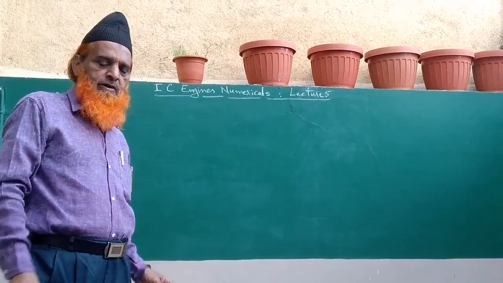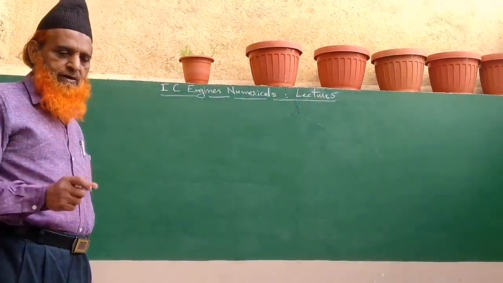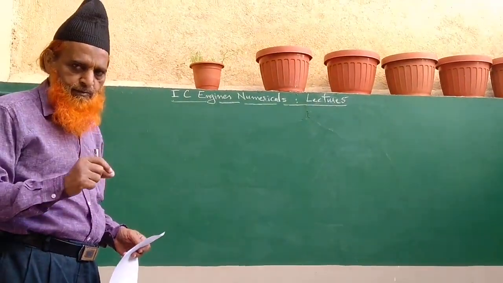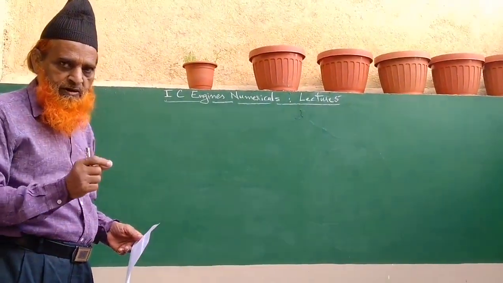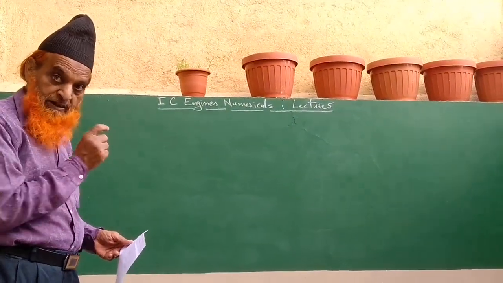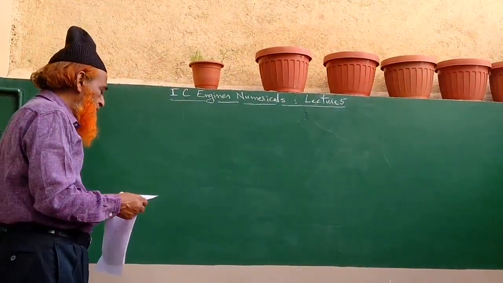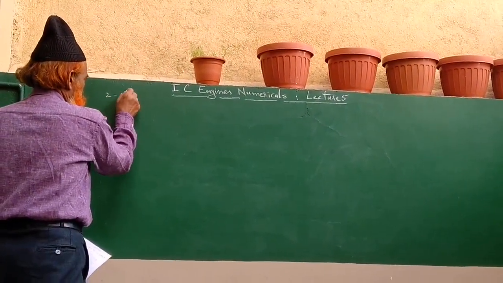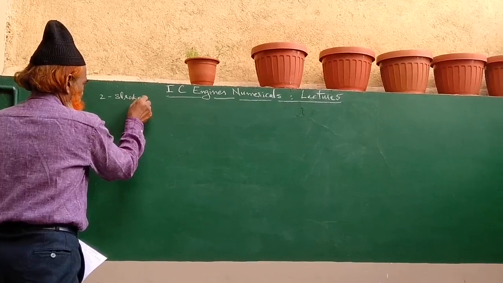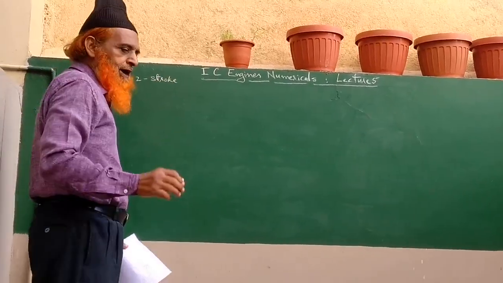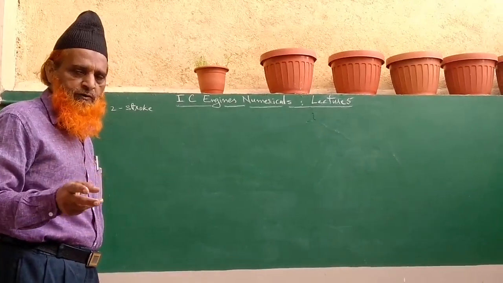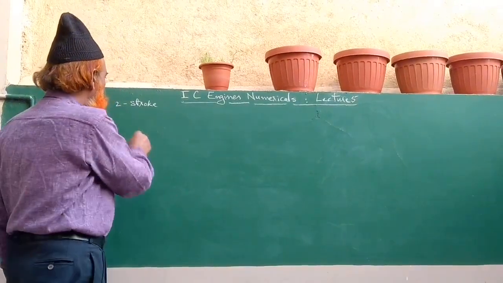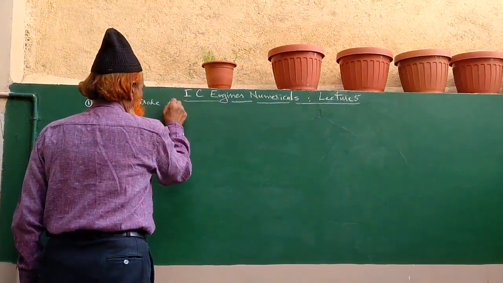Okay. Now, whenever a numerical is there, first you carefully read the given problem, then put the data as I am putting here. You see, what is said is 2-stroke. First you have to note it is a 2-stroke engine, because for IP calculations there are different formulae for 2-stroke engine and the 4-stroke engine. Therefore, first you have to write 2-stroke engine.